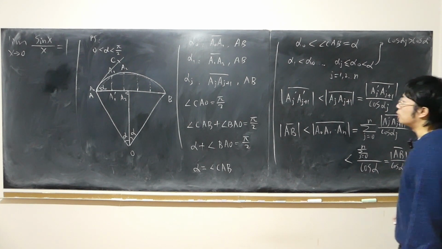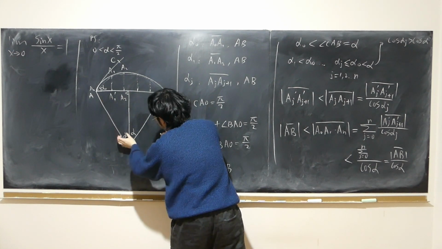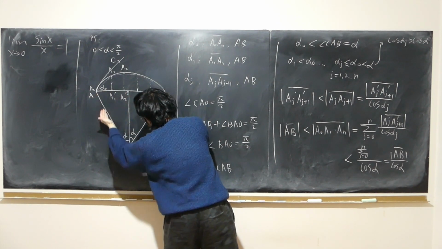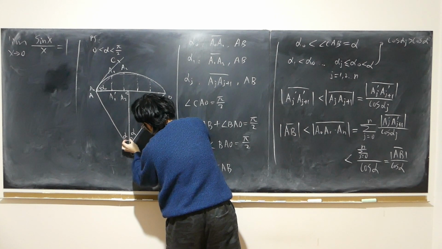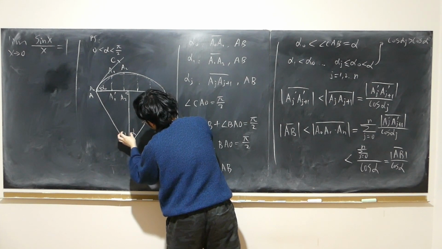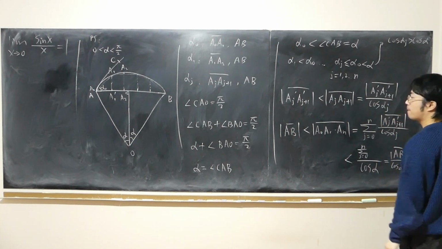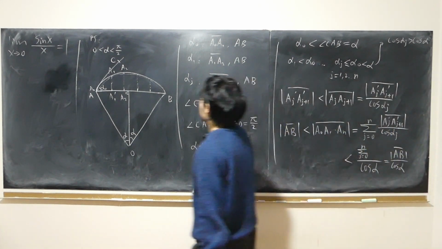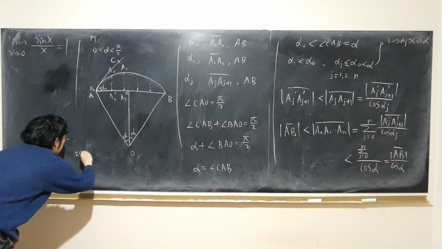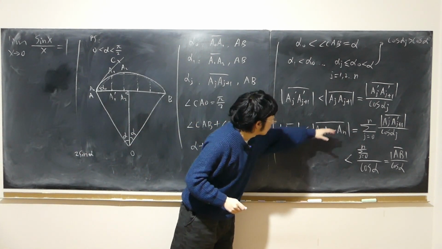But what is AB? What is the length of AB? Right, half of AB is equal to this hypotenuse times sine of this angle. Right? The unit circle, hypotenuse 1, times sine alpha is equal to this length. So I have twice of that. Right, so in fact I have twice sine alpha representing AB. Right? That is less than